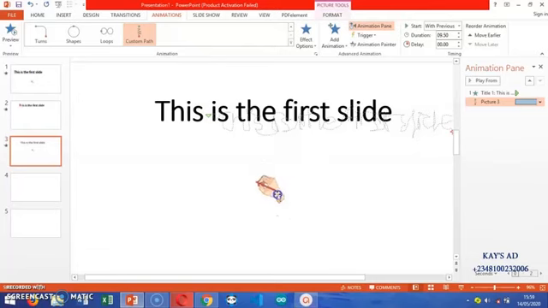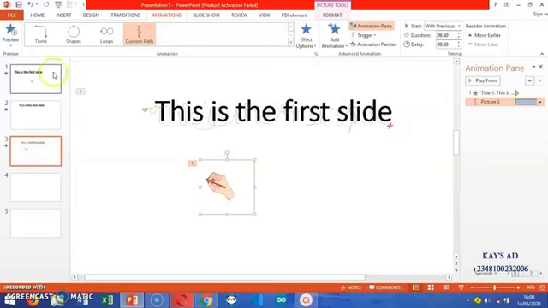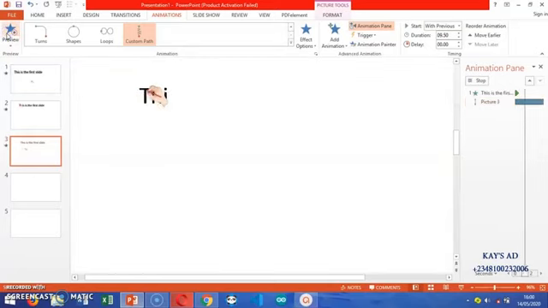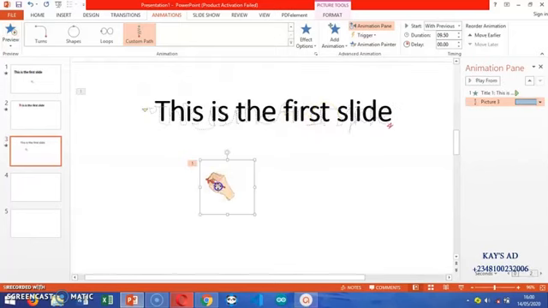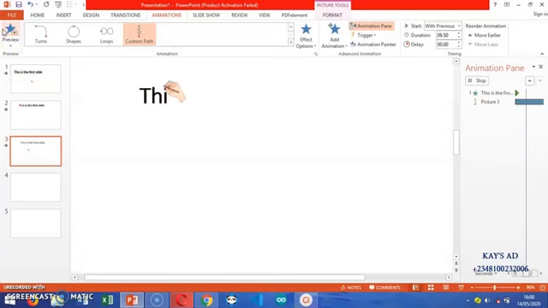From here we can just adjust the hand to somewhere here. Now let's check what we've done. You see, the text is a little bit faster than the hand, so we still need to do a bit of adjustment by coming a little bit backward. Okay, now let's do that. I think we are getting it now.